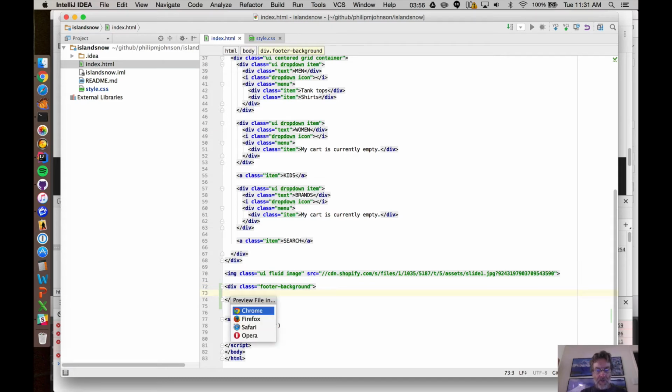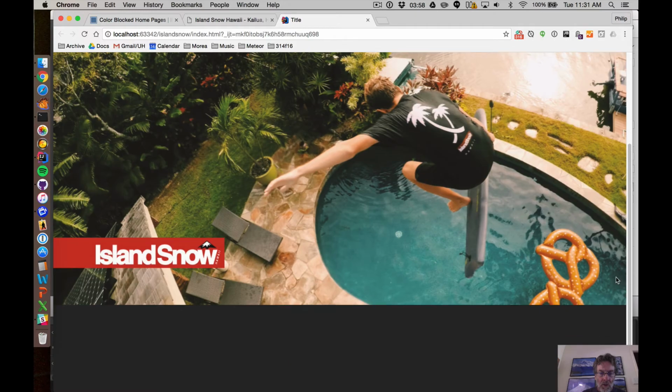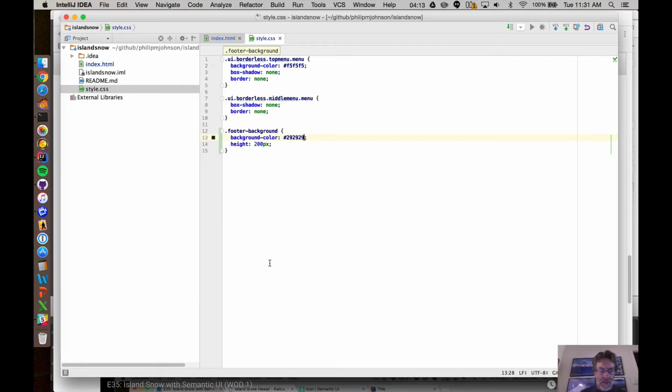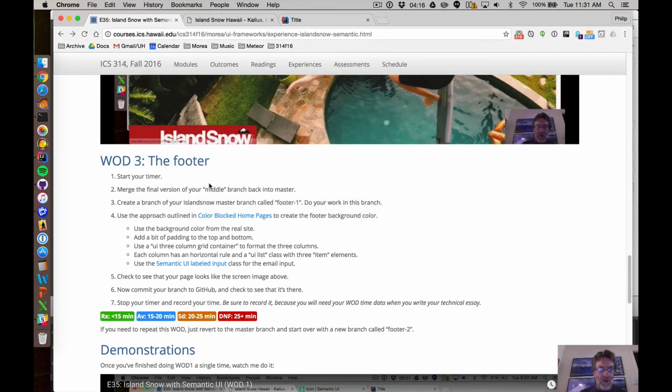And if we preview that now, what we see is this nice background ready to be filled in with our stuff. Okay, so that's good. I had a height value in here, and instead, what the directions are saying is just add a little bit of padding to the top and bottom. Instead of being an absolute 200 pixels, no matter how much content is in there, we'll put some top and bottom padding, so the footer will adjust dynamically to the size of the stuff inside it with a little bit of padding. Okay, so the next thing we need to do is add a UI 3-column grid container